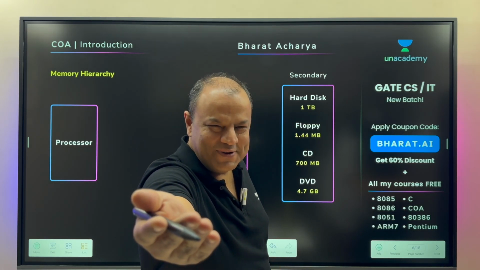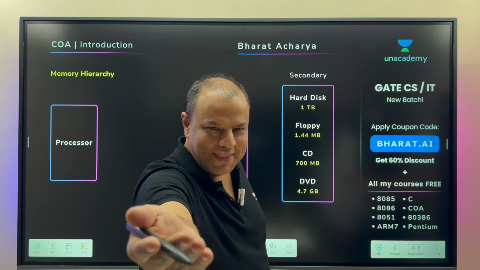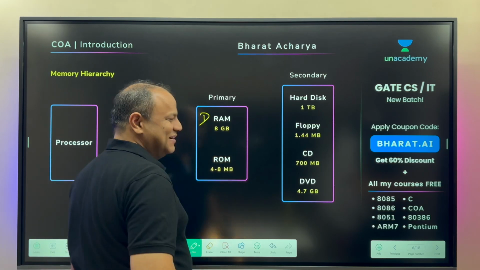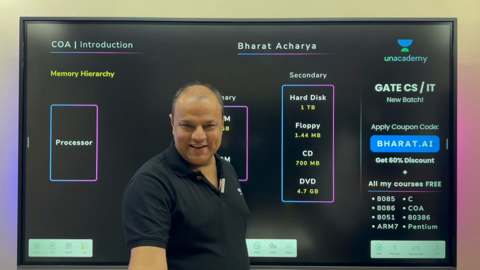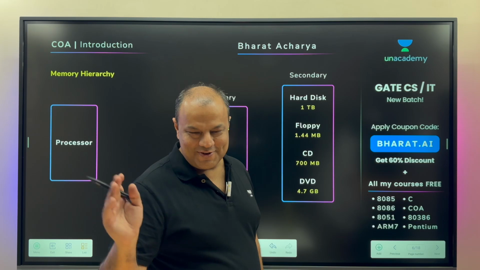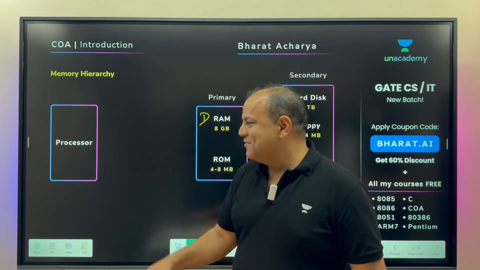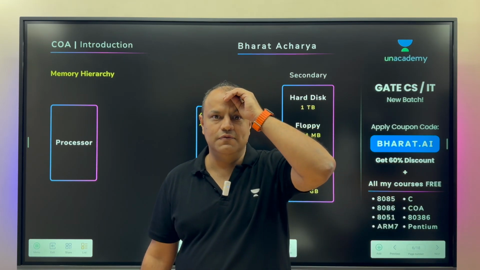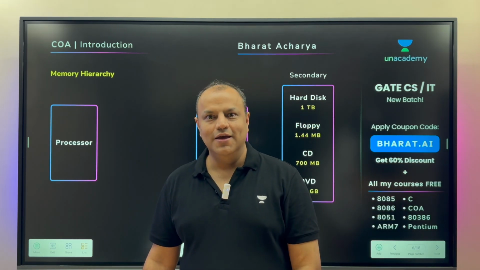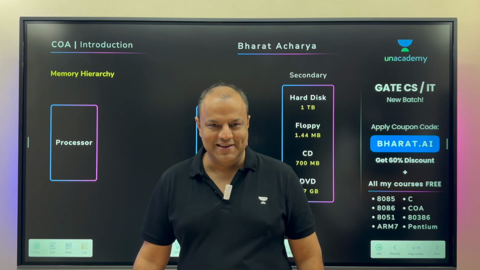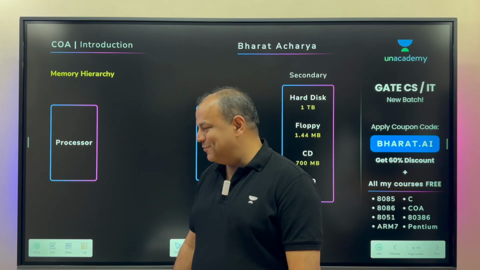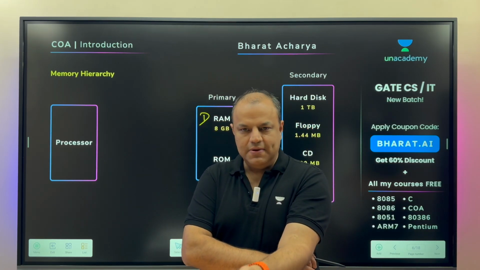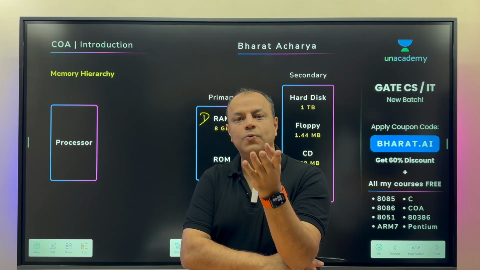You paid for your computer. It's a pretty expensive computer, I'm sure. What RAM do you have? Dynamic RAM. Yeah, even in the Mac, M2 doesn't matter. It's dynamic RAM. Let it cost whatever it costs. Why? Because if you have 8 GB of static RAM, forget about it. Your computer will cost 20, 30, 40 lakhs if I do my math correctly. Yes and no. None of the computers are that expensive, at least the ones that we buy on a normal day-to-day basis. So, the one that is there in your computer, my computer, any computer, is which RAM?